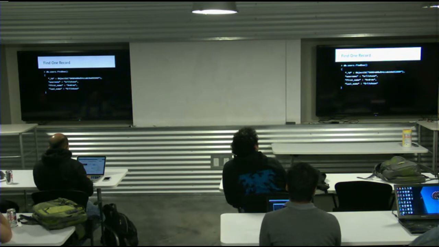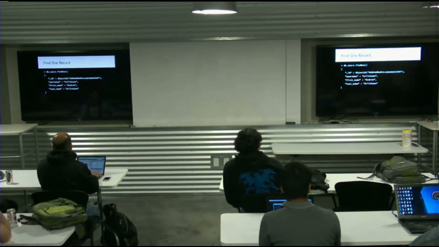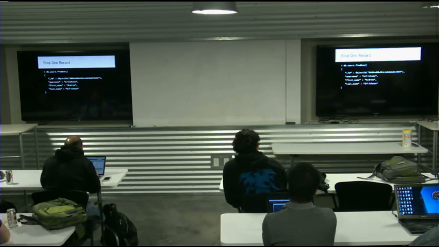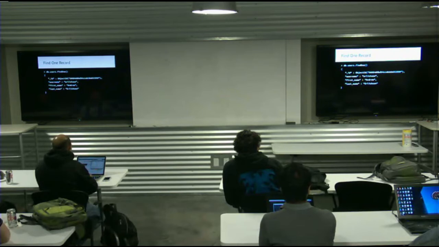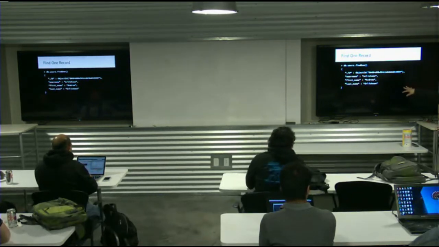But within the find, you actually have the ability to search for different parameters. So I could have said, find me the user with the first name Andrew. If I had date times here for when the user document was created, I could have said, find me all the users created between this time or that time. You also have the ability to pull back only individual fields.